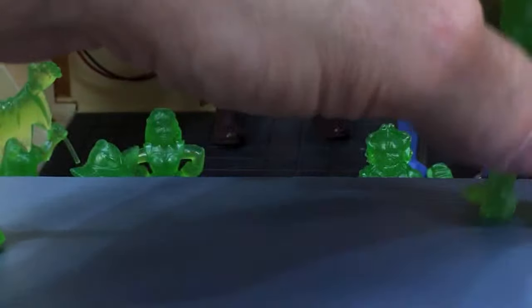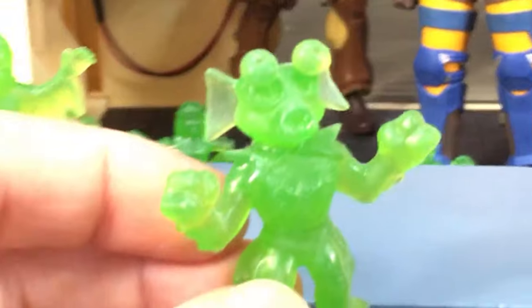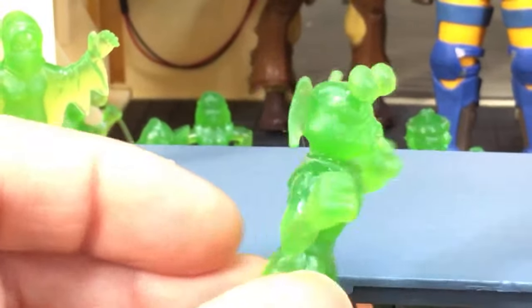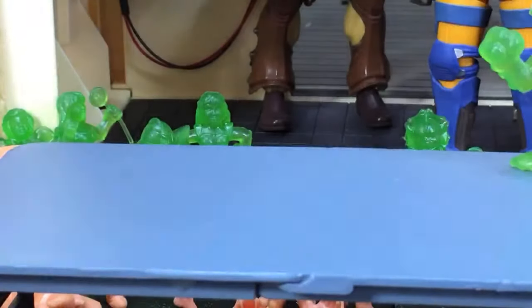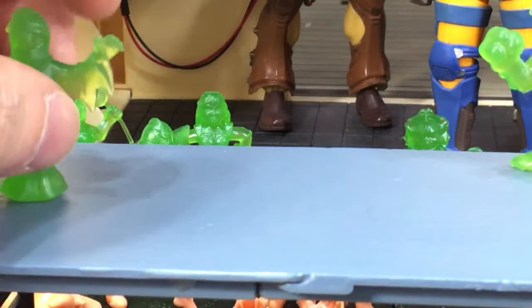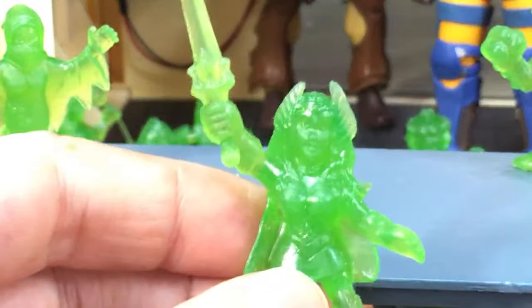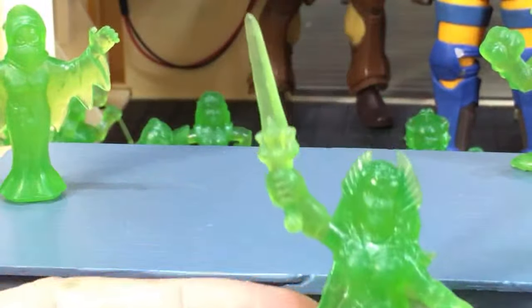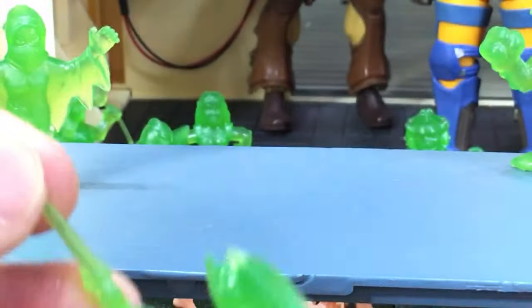Look at this guy's eyes bugging out. It's Alien Montana. And he looks kind of cool being in green anyway. Cool, cool. Okay. This one I know is She-Ra. That's easy. That's an easy one too. She-Ra. And she's got a nice big thick sword, just like we saw with the